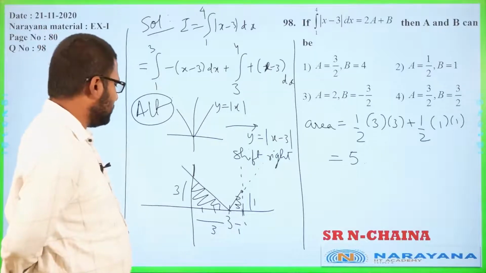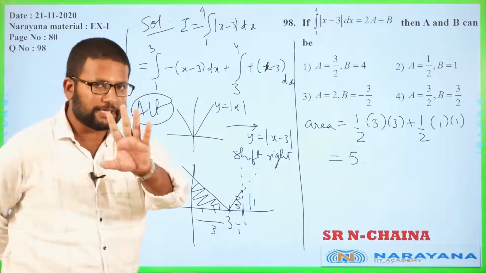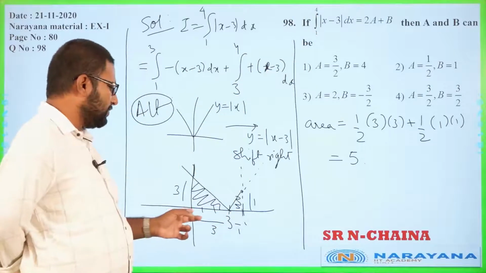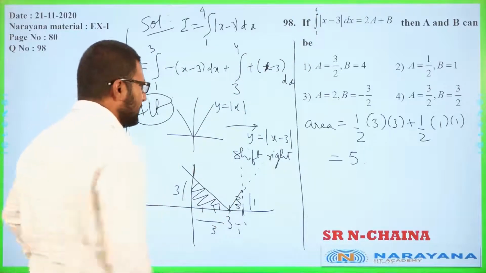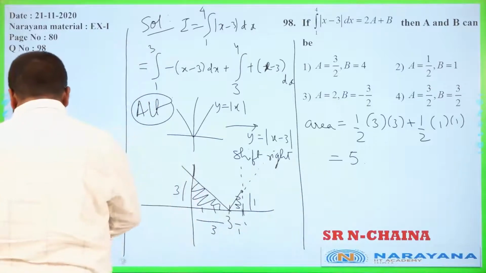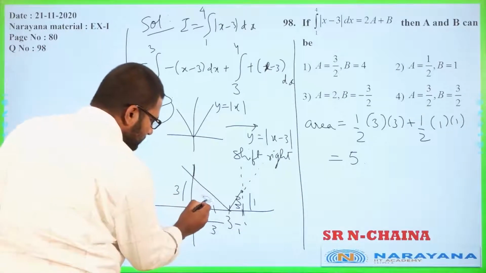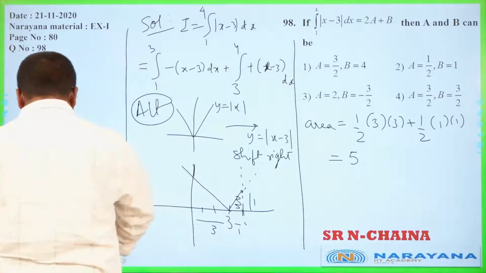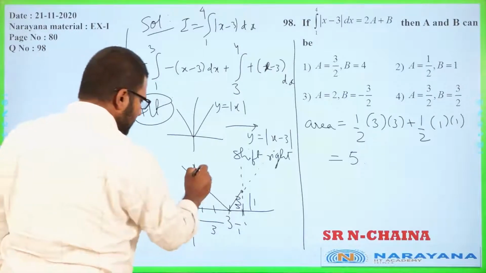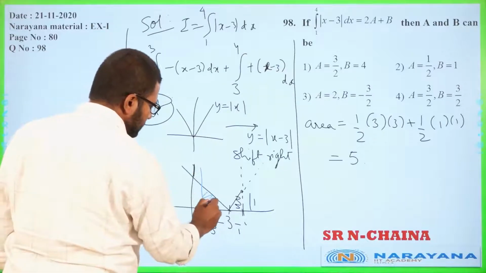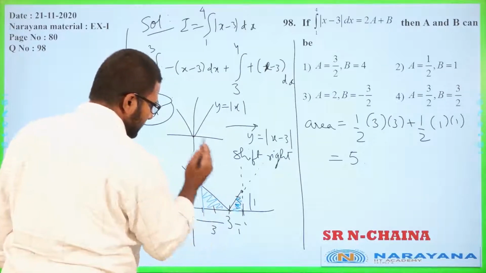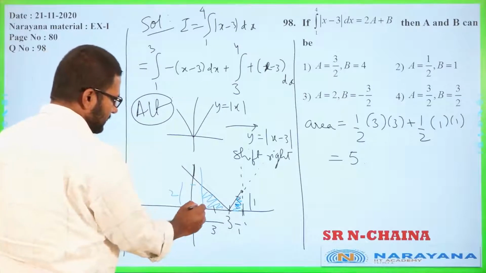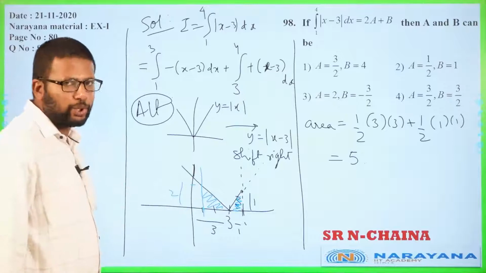Mod of x minus 3, okay, I made a mistake here, please let me correct it. We are going from 1 to 4, but the area I have calculated is from 0 to 4. I am very sorry about that. Let us quickly change it. Remove this part, this will not be 3 units. The area we need starts from 1 to 3, so this and this, right. So this height now is 2 units, correct, because this is 1, therefore this is 1 and 2 units.